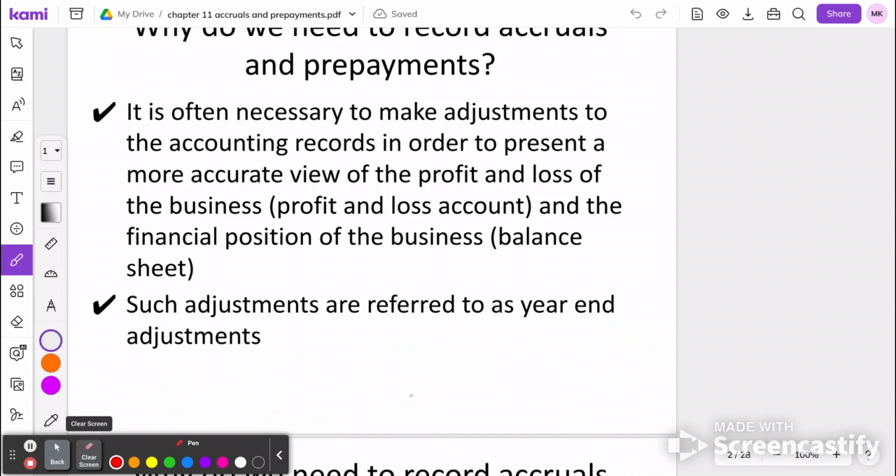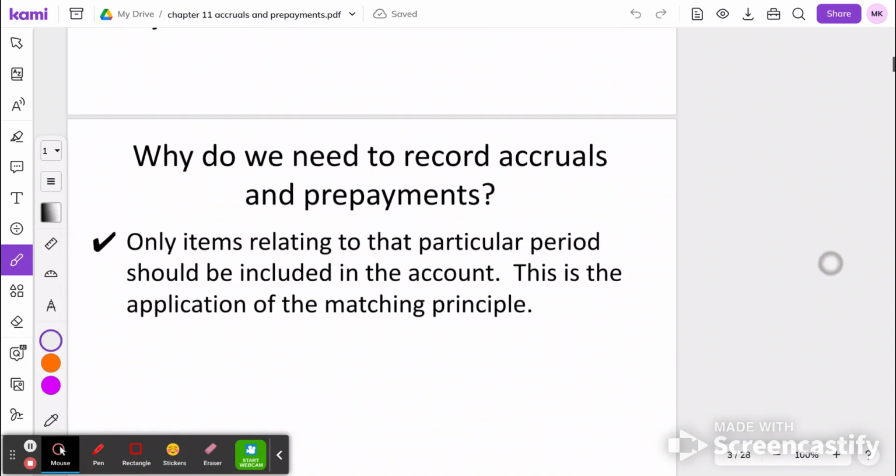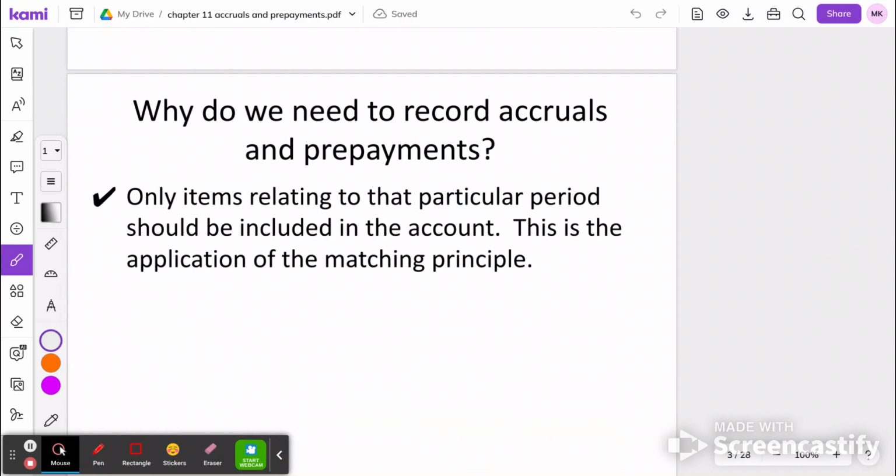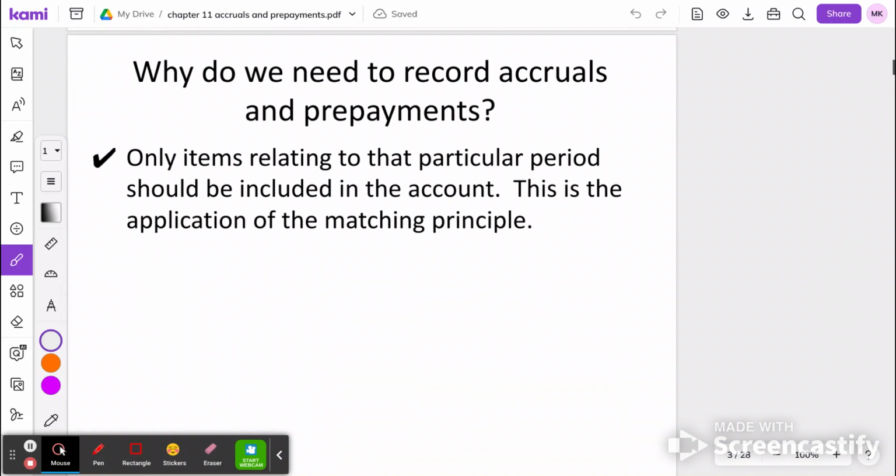Okay. So that's actually a very simple illustration of how to record expenses. But that is not always the case, right? So, why do we really need to record accruals and prepayments? Sometimes in reality, you do not always pay for expenses the day that you consume them, and you don't record the expenses immediately the day you consume it.